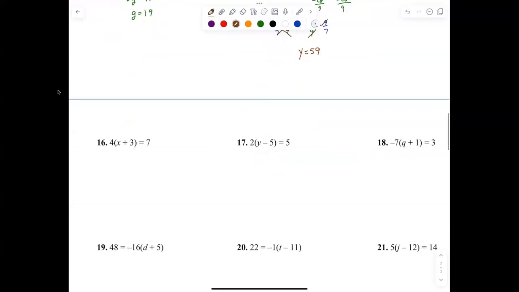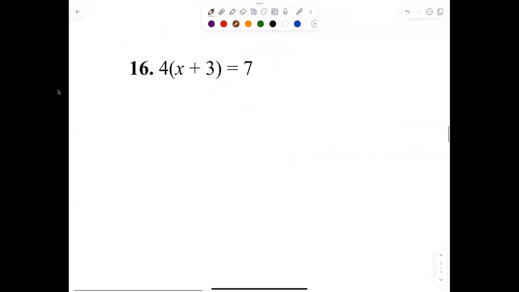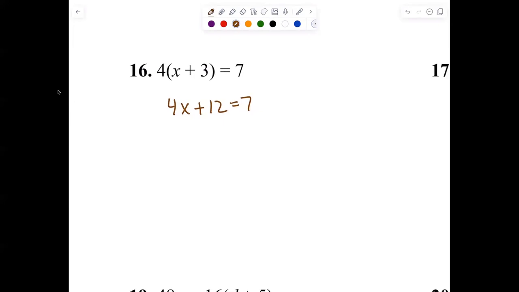All right, Kellen, let's go. Say that again. Very nice. 4x plus 12 equals 7. Now what? Right? So 4x equals what? 7 minus 12. Good work. And so